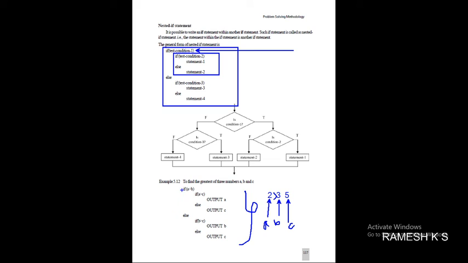It will directly jump into this else. After else, what happens? It will check another condition. B greater than C, 3 greater than 5, which becomes false. Once it is false, this condition will not be executed. So it will jump into else. Again it will execute this statement. So among these three, which is the biggest number? 5. So whatever we expected, that value we are getting through this example. So this is how to find the greatest of the numbers A, B, C with the help of a nested if statement.